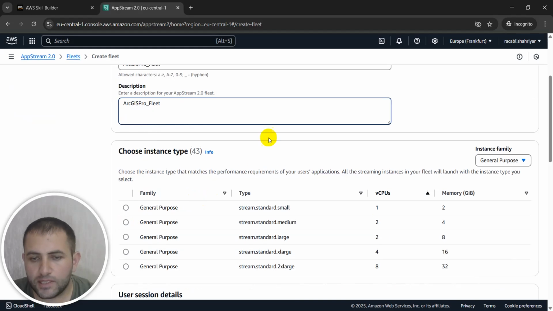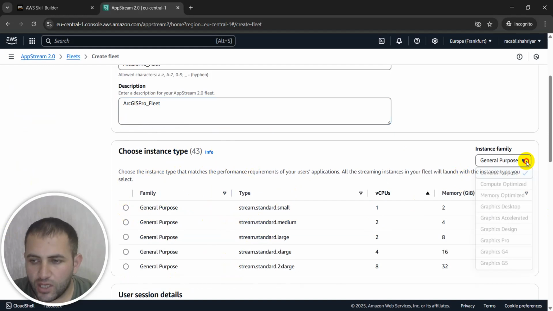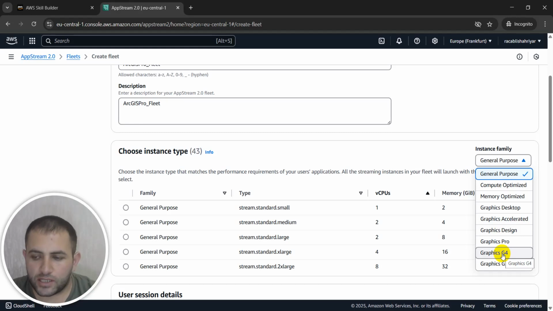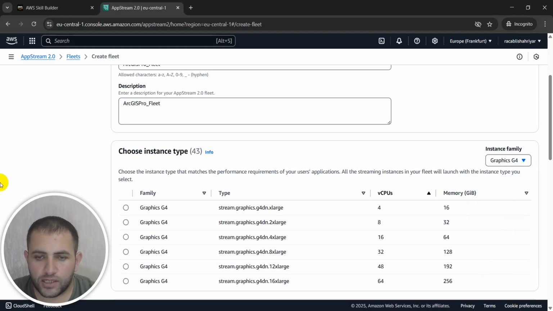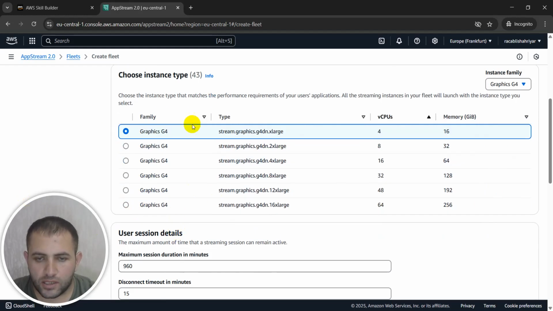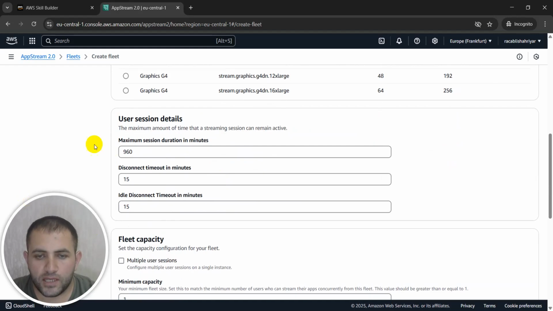Okay, in this section we must choose the instance type. Remember that whichever instance you need, you must get a limit increase for it. This time you must choose from here. I got a graphics G4 instance increase. That's why I choose my graphics G4 increased limits. In this section, user session details, we can manage here how many minutes, how many hours